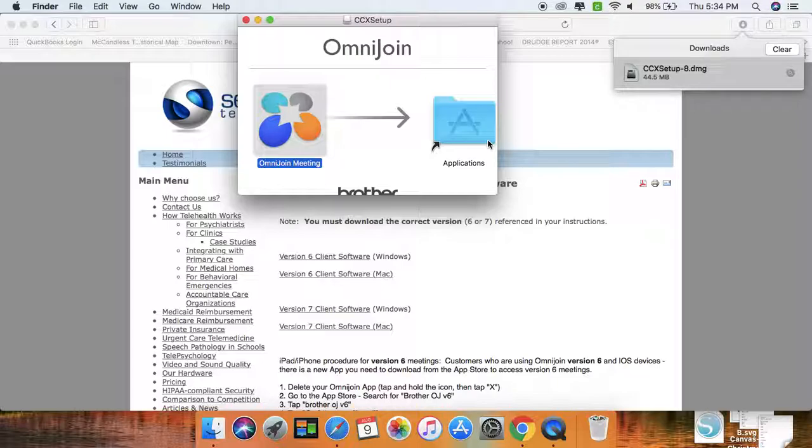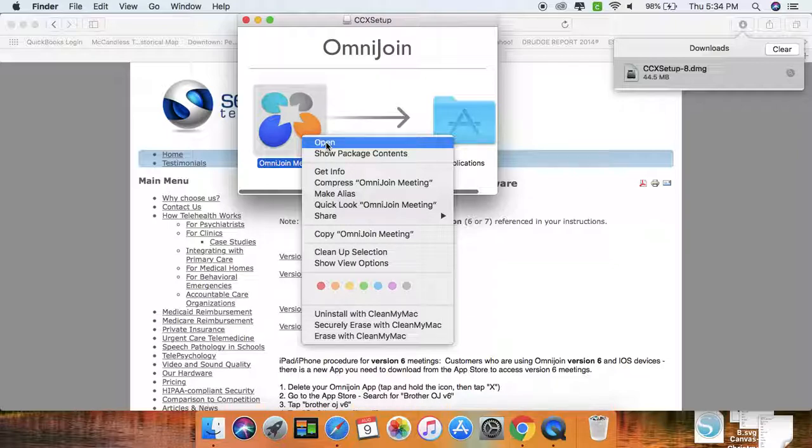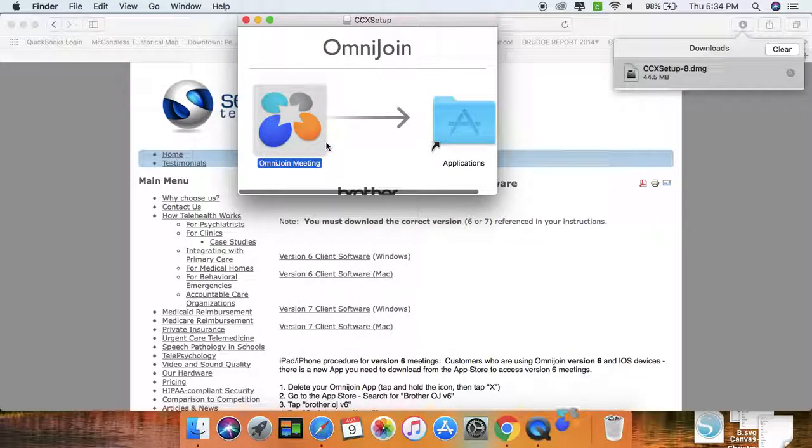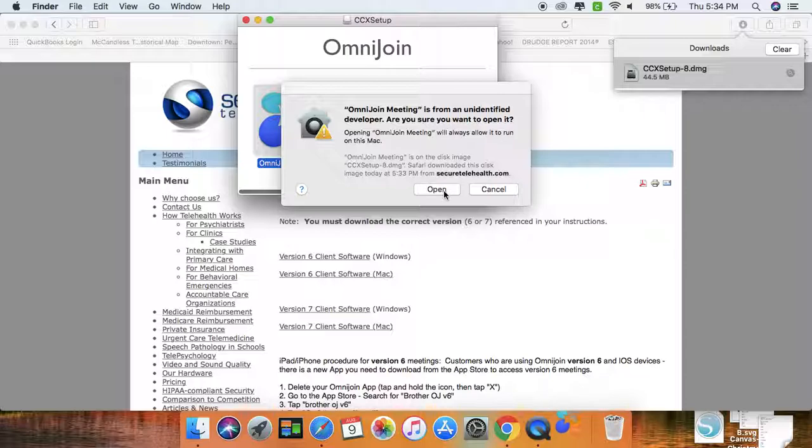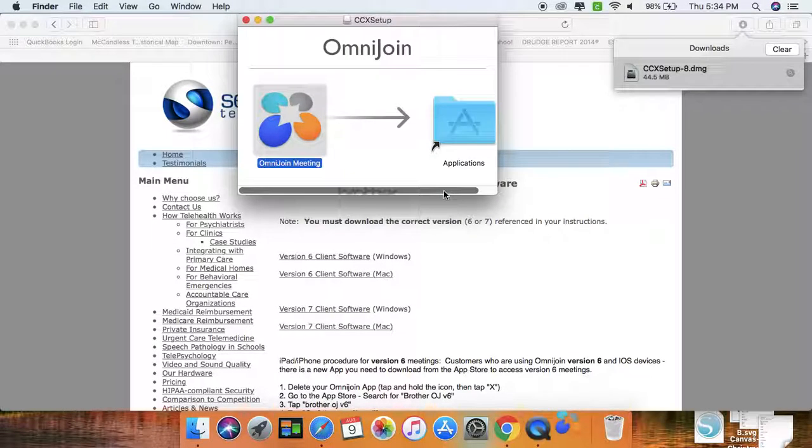However, since this app is not from Apple, we need to do a two-finger tap on the icon. So I'm just going to press two fingers down and then click open. This is to get around an error that you would get if you just clicked on the app. This is only the first time. So you click open,